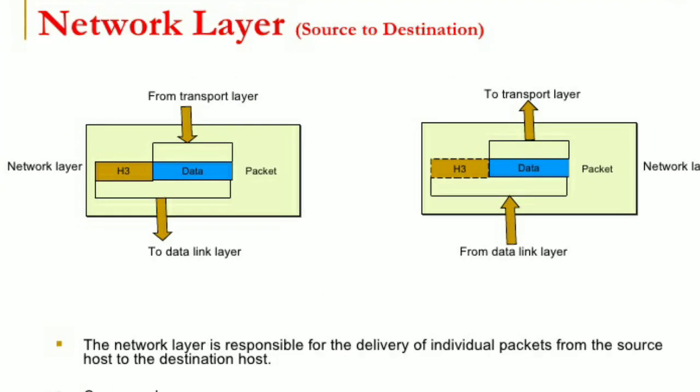The next will be the network layer. It divides the outgoing messages into packets and assembles the incoming packets into messages for the higher levels. It routes the packet through different channels from one node to another. It acts as a network controller. It manages the subnet traffic. It also decides the route the data packet should take. The protocols used will be IPv4, IPv6, ICMP, IPX, AppleTalk. The device used is a router.